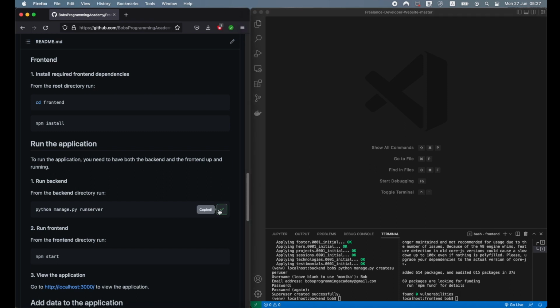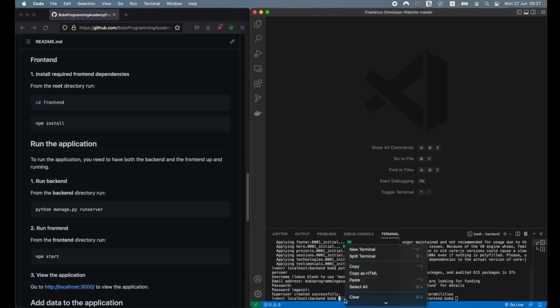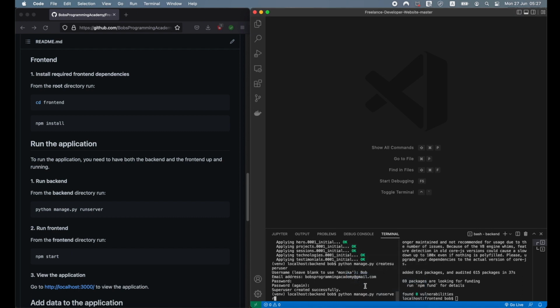In one terminal window, from the backend directory, run python manage.py runserver. This command will start the Django development server on your local machine. The Django development server is a lightweight built-in server written in Python. It was created so that you can develop applications rapidly without having to deal with configuring a production server until you're ready for deployment. By default, the server runs on port 8000 on the IP address